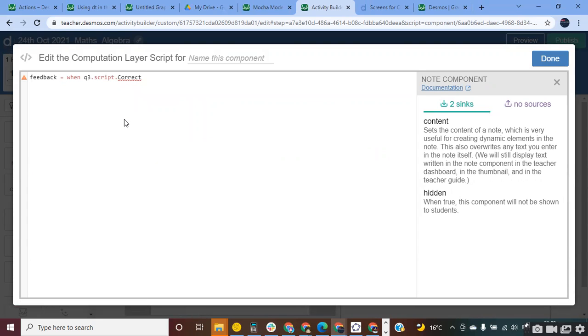I'm not checking the numbers individually, because I have already defined the variable which will come into the scripting part. If the q3 scripting is correct, then the text is yes, it is correct. Otherwise, you can write here, enter the numbers only, because sometimes students will enter expressions also. Enter the numbers only in the cells.